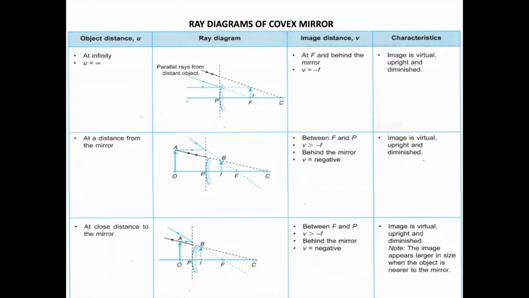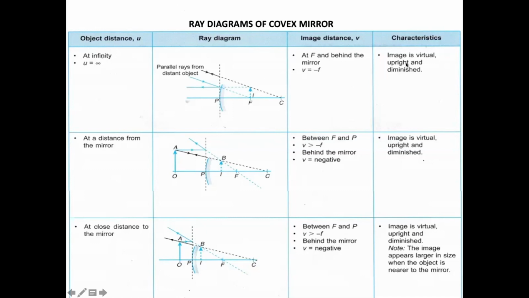So here, if a question is asked that in front of a convex mirror, an object is placed at C, what will be the type of image formed? Convex mirror, never see the position. Always write virtual and small. If it is kept at F, virtual and small. If it is kept within the focus, virtual and small. Okay, so here at infinity, the answer is virtual and small.